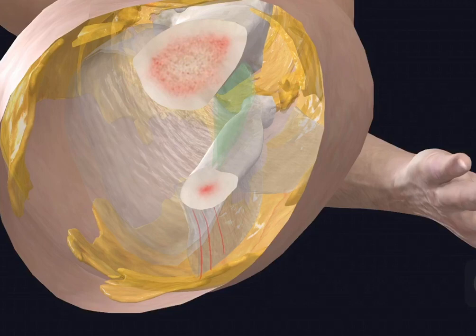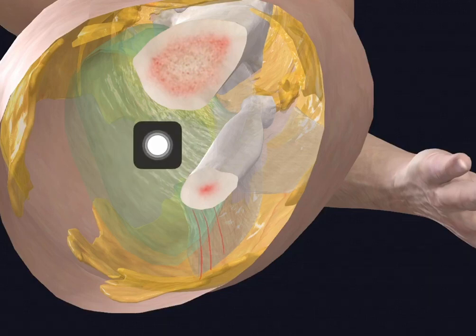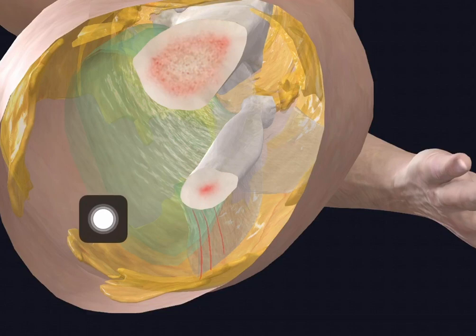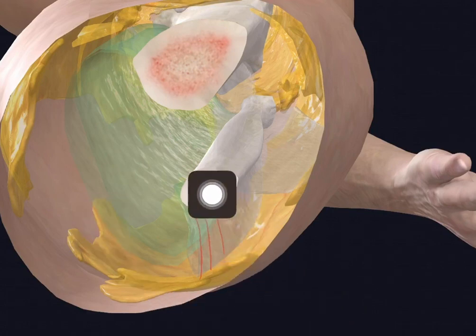This interosseous membrane divides the leg into two compartments, the anterior compartment and the posterior compartment. The posterior compartment is again divided into two by this transverse intramuscular septum into the deep and the superficial compartments. And then there is the lateral compartment. Lateral to the fibula, you have the lateral compartment that is formed by the anterior intermuscular septum and the posterior intermuscular septum.